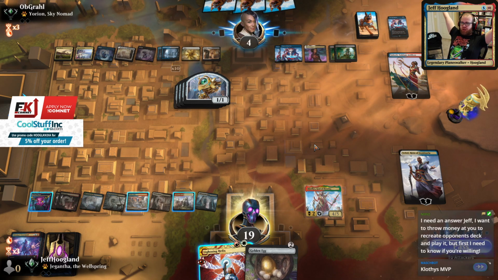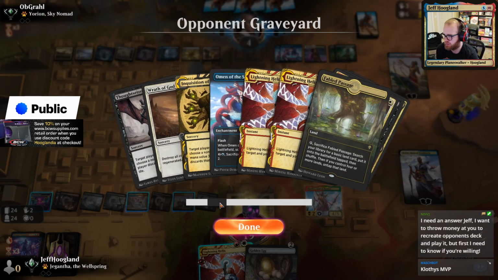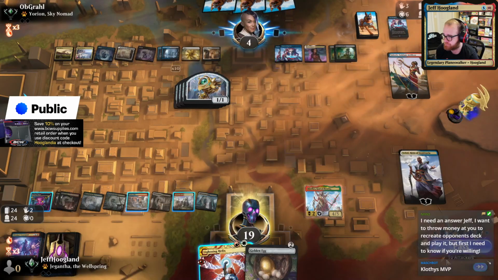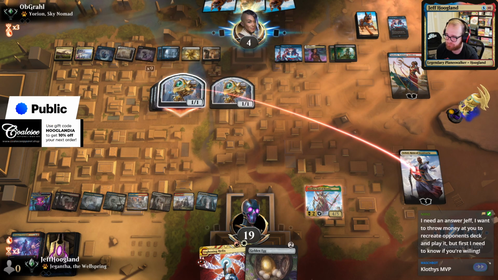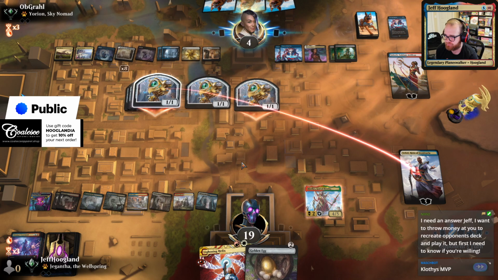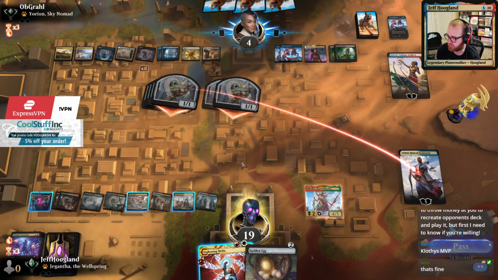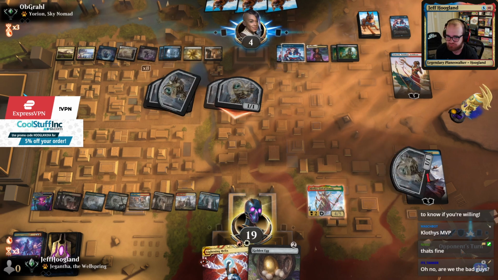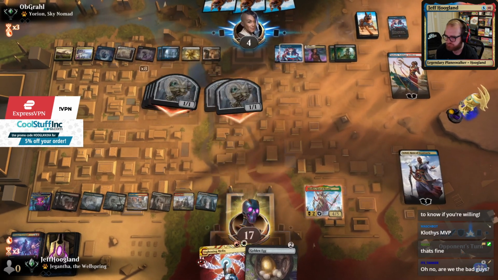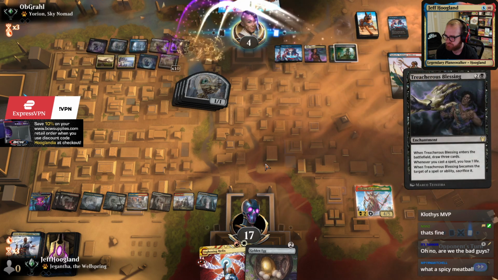You want me to recreate the opponent's deck? Yeah, I think that's fine. It wouldn't be up till Friday as a heads up. Yeah, a little bit of a backlog, but I think I'd take four color Doom Foretold stuff. Let me know if you're up